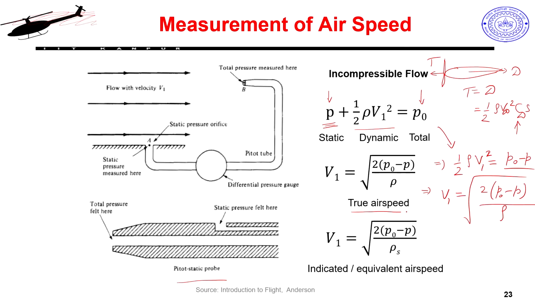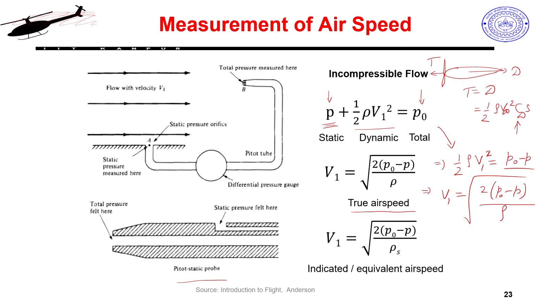Then if I can do that, I will call that the true airspeed, but it is a tricky thing, especially with small UAVs you will never do this. Even for manned aerial vehicles normally you do not have this, because it is almost impossible to know all these things very accurately and be able to estimate my density in real time with a high degree of confidence. So, they keep it simple.